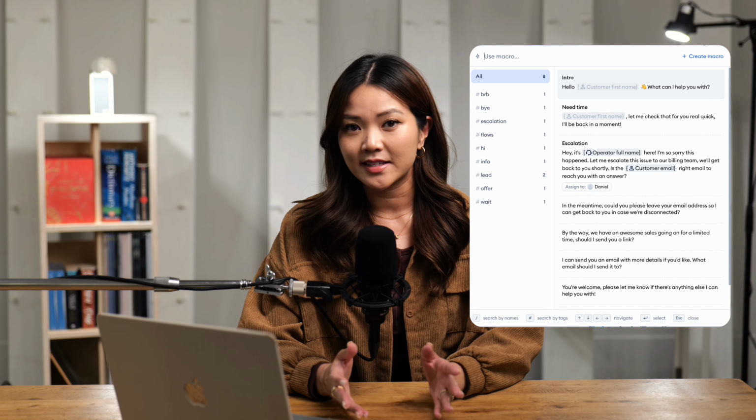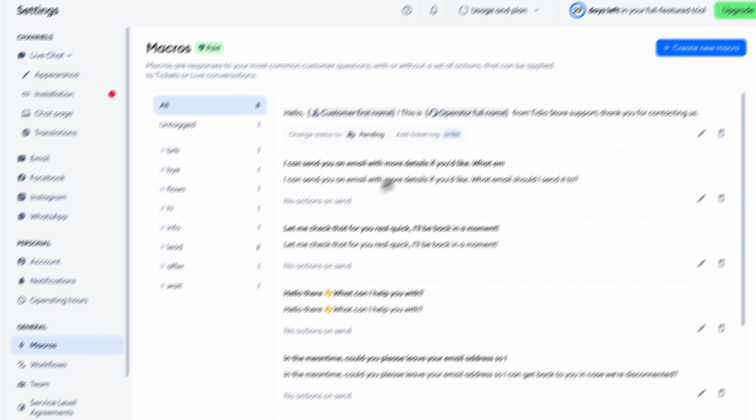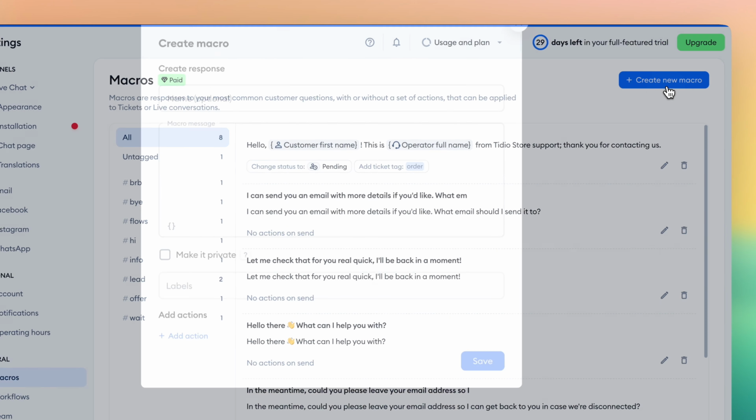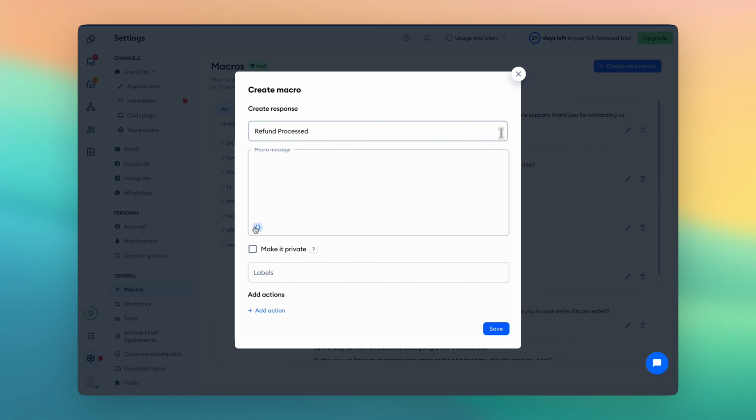Next up are macros, which are one of the most practical team productivity tools in Tidio. Macros are pre-written responses that agents can use in chats, tickets, or even internal notes. And in settings, then macros, you can generate a new macro and give it a short name. You could add labels for easy search and decide whether it should be visible to the whole team or kept